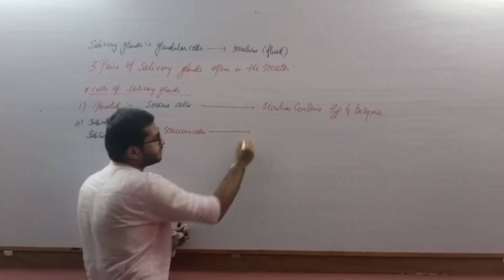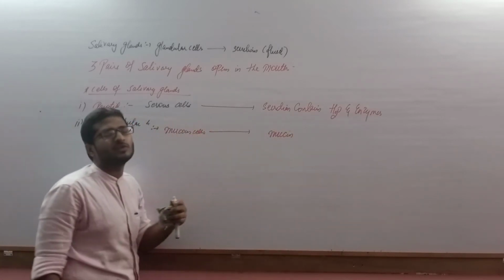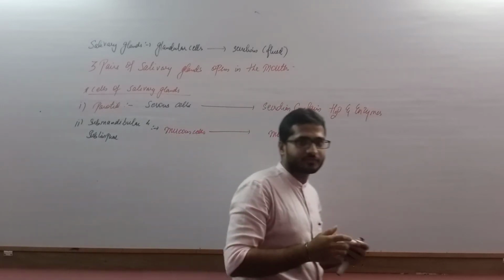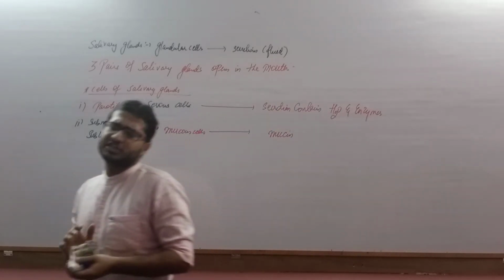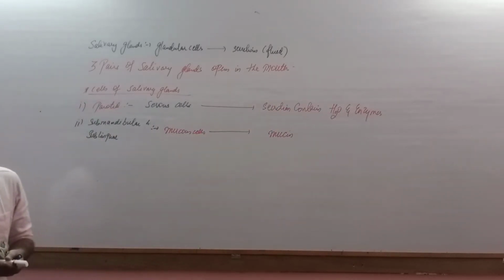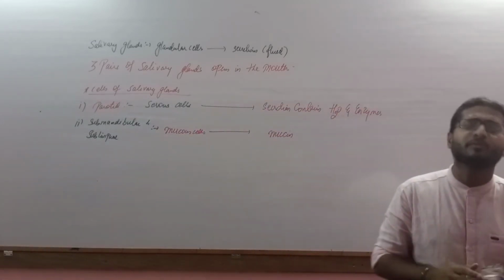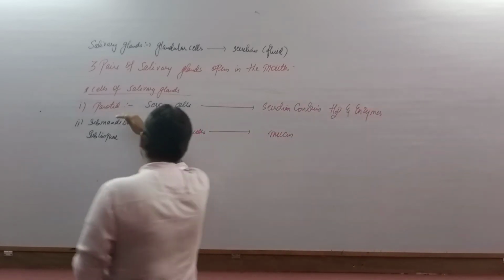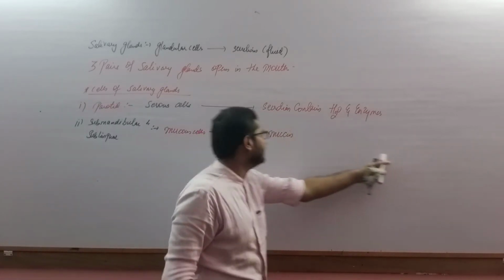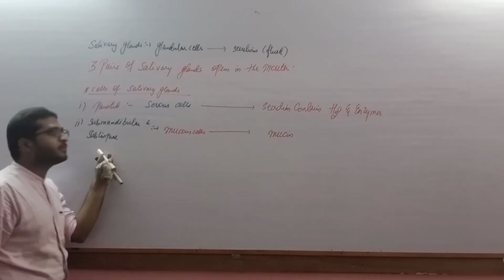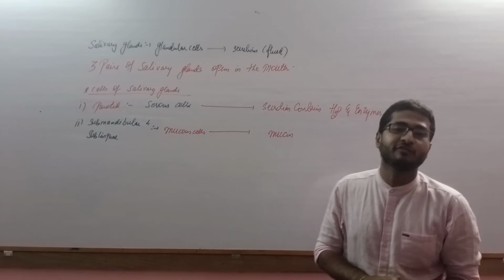Mucus cell secretion mainly contains mucin, that is a kind of mucus. What is mucus? A sticky substance that is mainly required for moisturizing and protection of the various parts of the body. Mucus lining is located all over the body, whether it is the respiratory or lung region, whether it is the stomach region, everywhere mucus lining cells are present. So the parotid gland predominantly contains serous cells, and the secretion contains water as well as enzymes. Submandibular as well as sublingual predominantly contain mucus cells, and the secretion contains mucin, that is a kind of mucus.